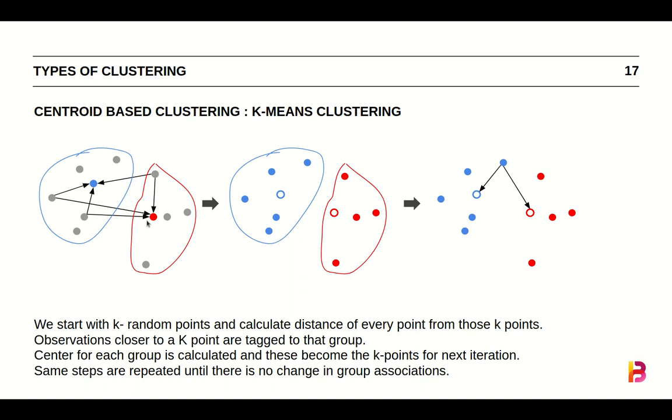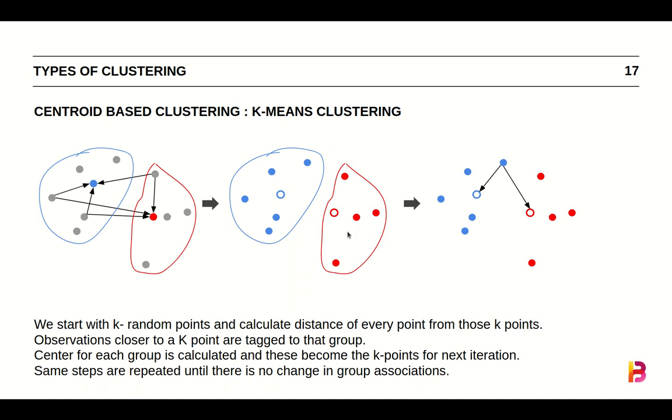So because these are initiated randomly, our job is not done here. We need to do something more. So what's now done is, once all of these are classified into 2 broad groups, if I may, we forget about these centroids which were initiated randomly, and for these groups we again calculate a proper centroid.